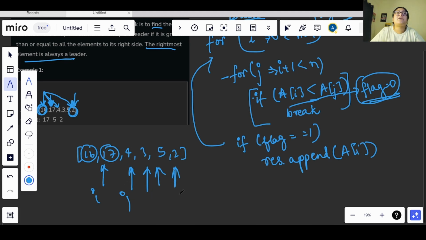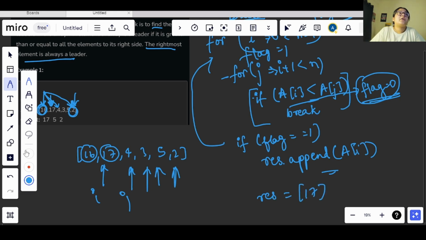So if we are not reinitializing our flag every time, then even if it is the correct answer, it will not take it. So we will initialize flag with 1 here, and then we will never go inside this condition and 17 will be appended in this result. So now the result will carry 17.